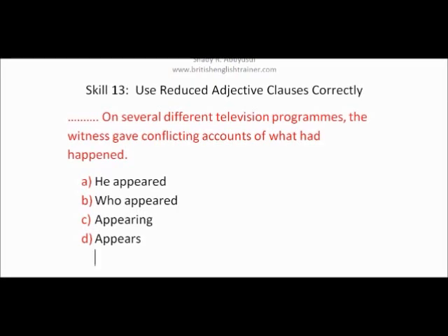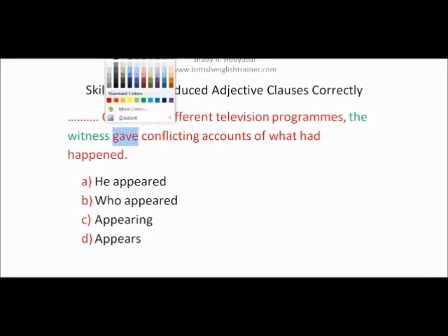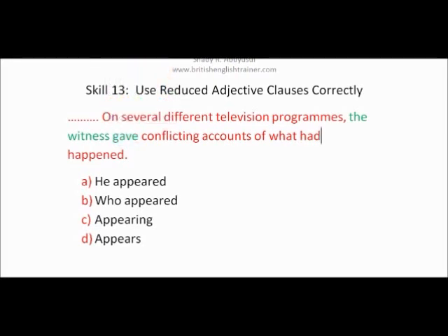Now, let's think about it. We have a subject here, which is the witness. Okay, amazing. That's a subject. Do we have a verb? Yes, gave. That's a verb. Great. So we've got a subject and a verb. Amazing. Subject and a verb, that's a complete sentence. What do we need? That's a clause. Oh, we have a comma here. A comma. So, let's read the choices.